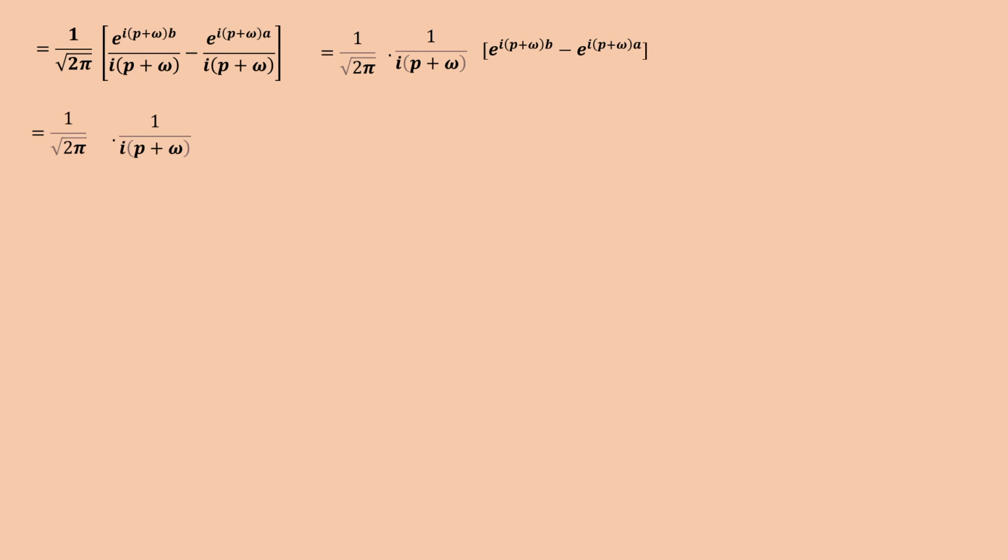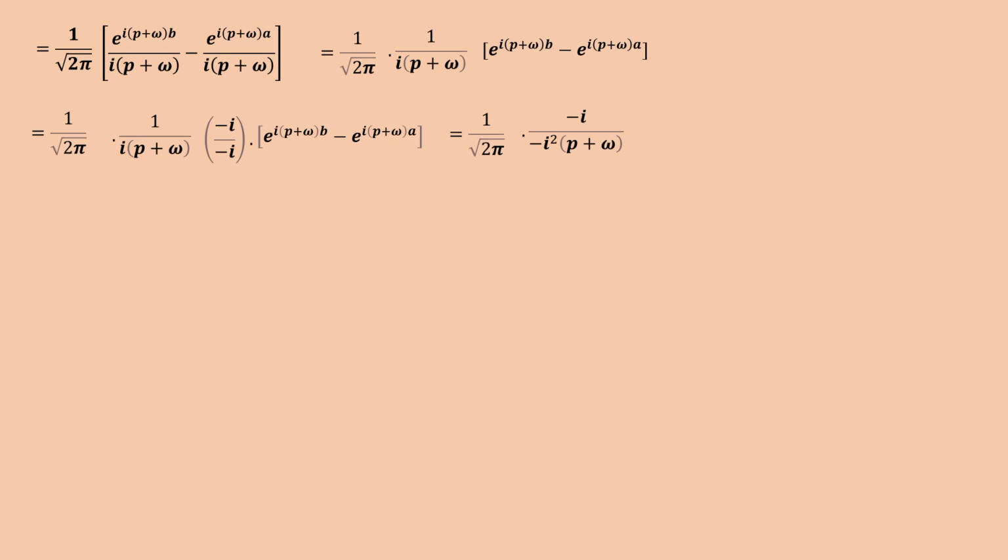That is equal to 1 by root 2π, 1 by i(p+ω). Multiplying by the conjugate of i, the conjugate of i is minus i, and dividing by the conjugate minus i, we get